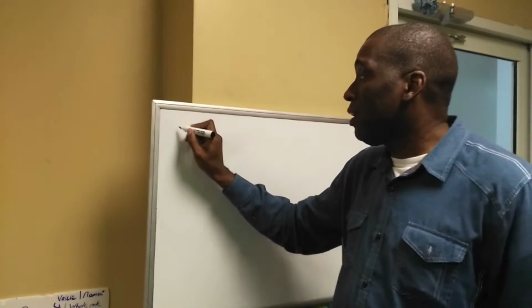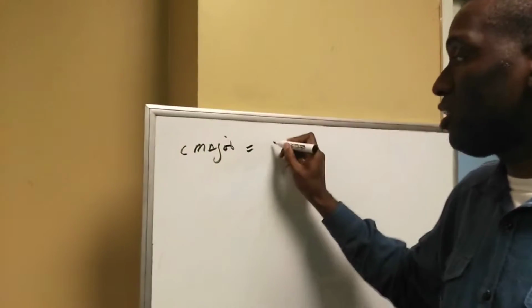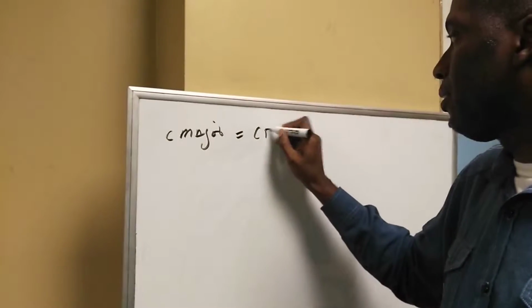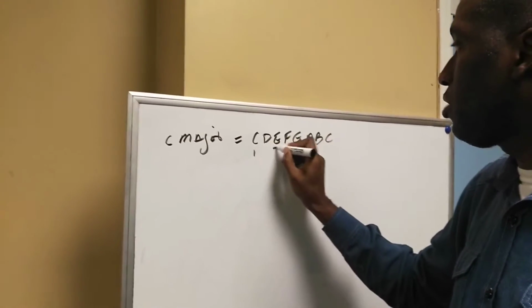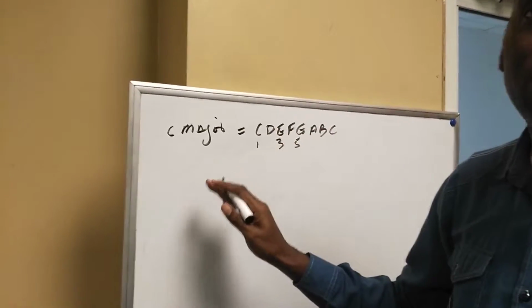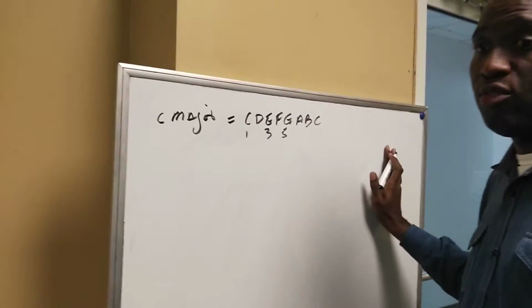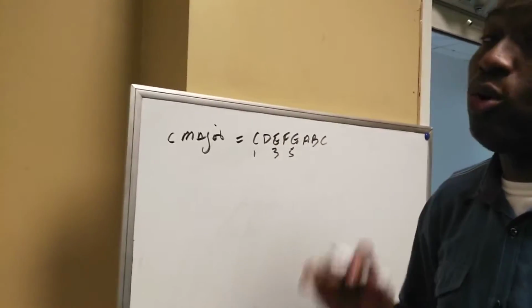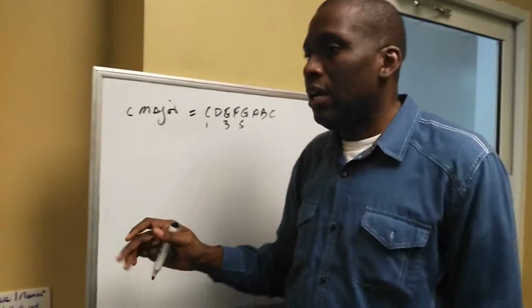So, for example, if I have C major, I would use the triads from the C major, 1 3 5, and find the root position. Then from that I will go on and find the first inversion, second inversion. I do that for all the majors, all the minors, all the suspended, all the augmented, all the diminished,